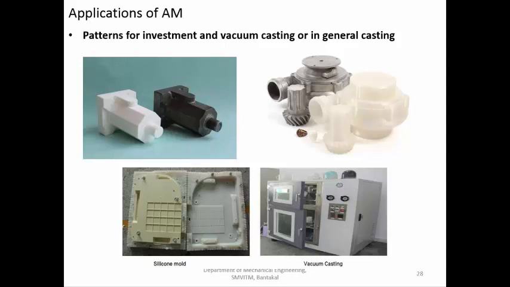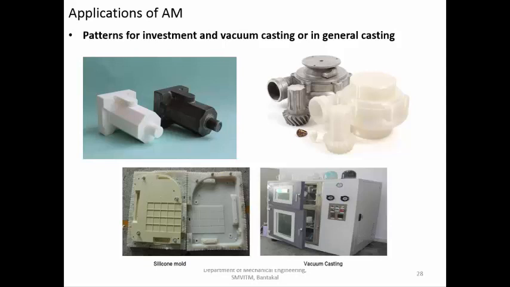Then you can make the component at low cost. You need not wait for the manufacture of the pattern, which takes at least 1 week or 2 weeks. But in additive manufacturing, you can make it in 1 day or a maximum of 2 days. So this is the investment pattern. This is made up of wax and this is the corresponding metal component. So you can see the complexity you can make. All the complexities are possible. If you are using additive manufacturing, you can repeat many number of times. You can get many components also.